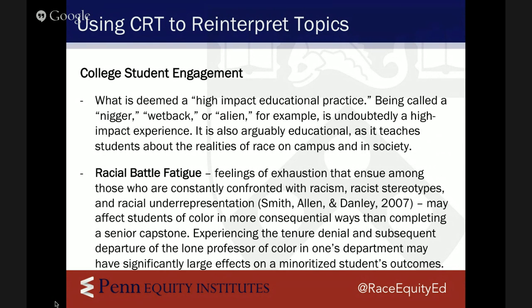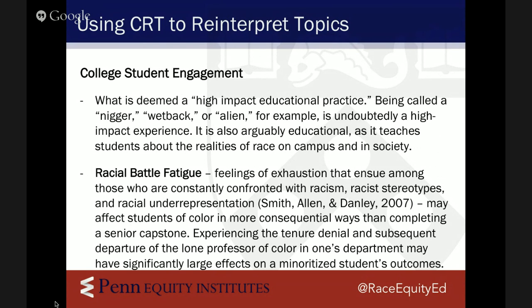We also, in the chapter, raise some questions about common terms in the student engagement literature. One of them is around high impact educational practices. Now, to be sure, I'm absolutely not throwing shade at the National Survey of Student Engagement or its architect, George Kuh, who was my doctoral advisor, who's been so supportive of me. This isn't throwing jabs at George or at NSSE, but there is a lot of conversation in NSSE and in other surveys like NSSE around, for example, high impact educational practices.